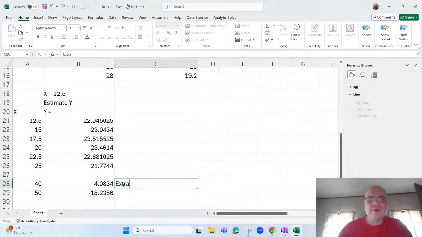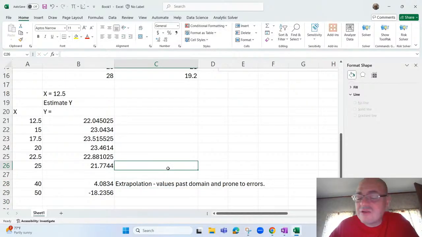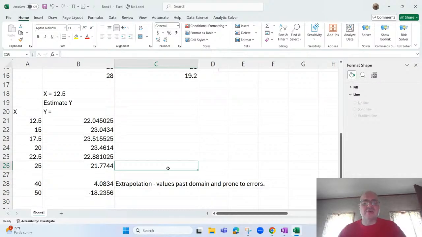But with extrapolation, you're beyond the domain, so you cannot guarantee, or you're not going to expect, good results past the domain. So these are values past the domain and prone to errors. I don't know if an offset distance of 40 and 50 is physically possible, but even if it's physically possible, our model was contained between 0 and